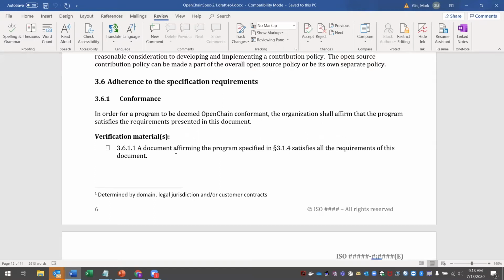Maybe someone who's implemented a program. Mark, it's Andrew here. So the way that we have anticipated this might happen, and it's in the template open source policy that we've developed, is basically just by putting some wording into a document that says, we certify that we comply with all the requirements of the OpenChain Specification, version 2.1, in respect of the following project, dated so and so, and then that's just a document that has to be made publicly available somewhere.